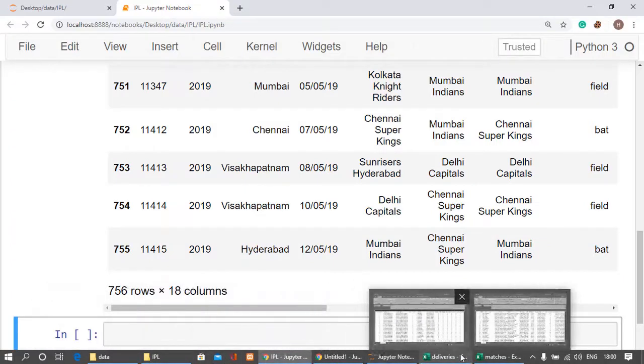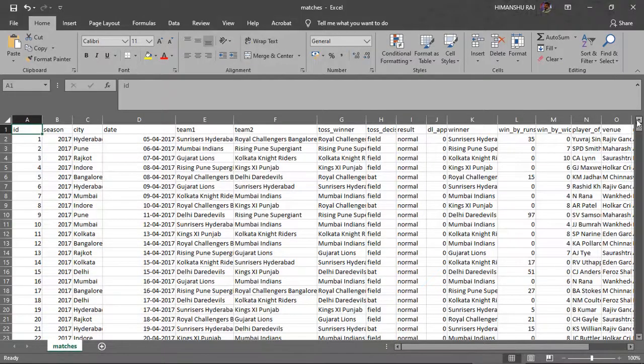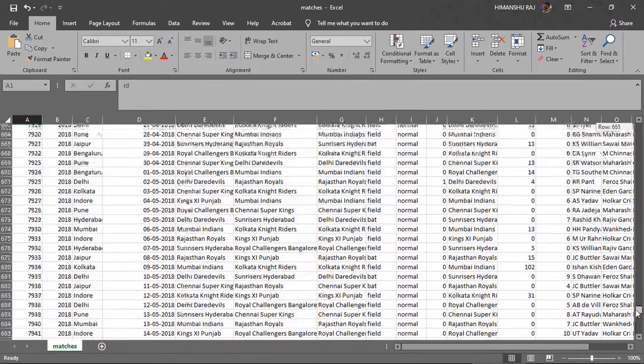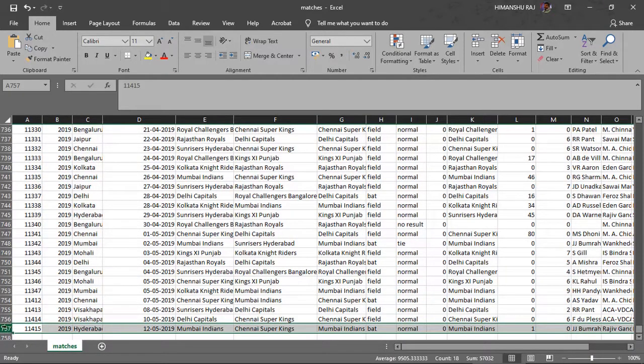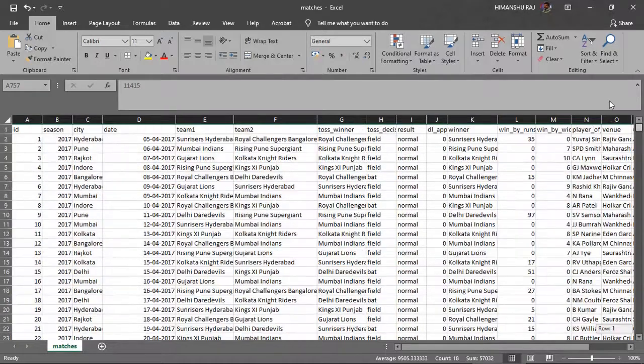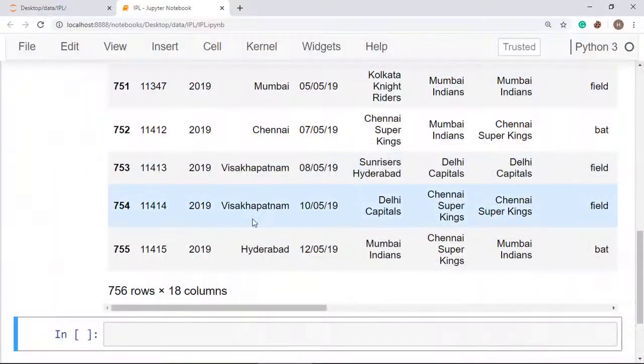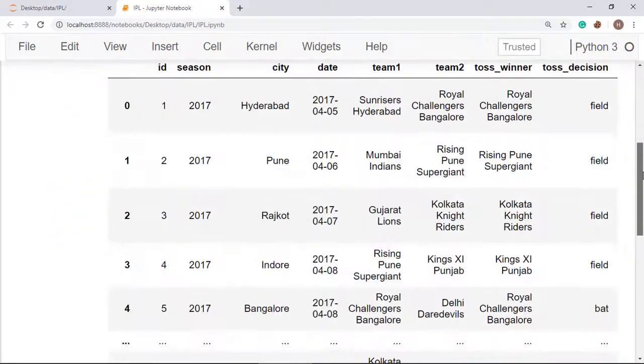Here in the matches section there are 756 rows. The row number shows 757, but that first one is the title row, so it has been excluded from the row count. So this is all about our data.